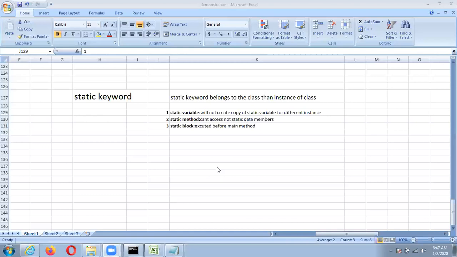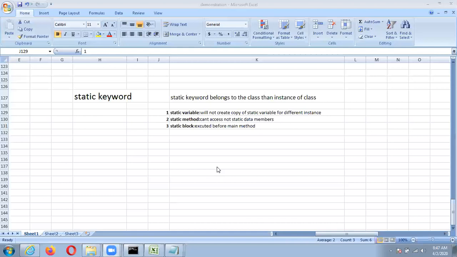It will not create a copy of the static variable for different instances. For whatever number of objects we declare, they will only access the same memory location. So modification will be done at that memory location only, for different objects of the class.